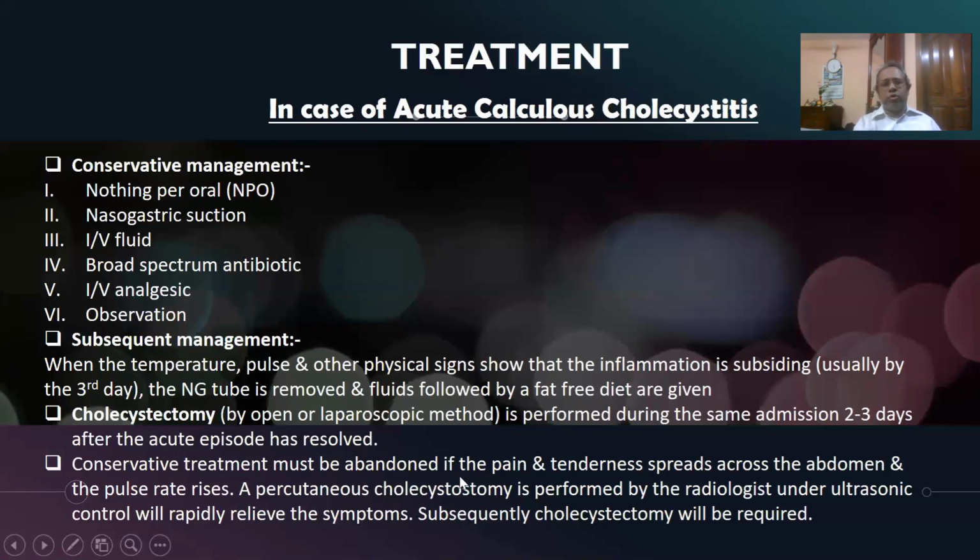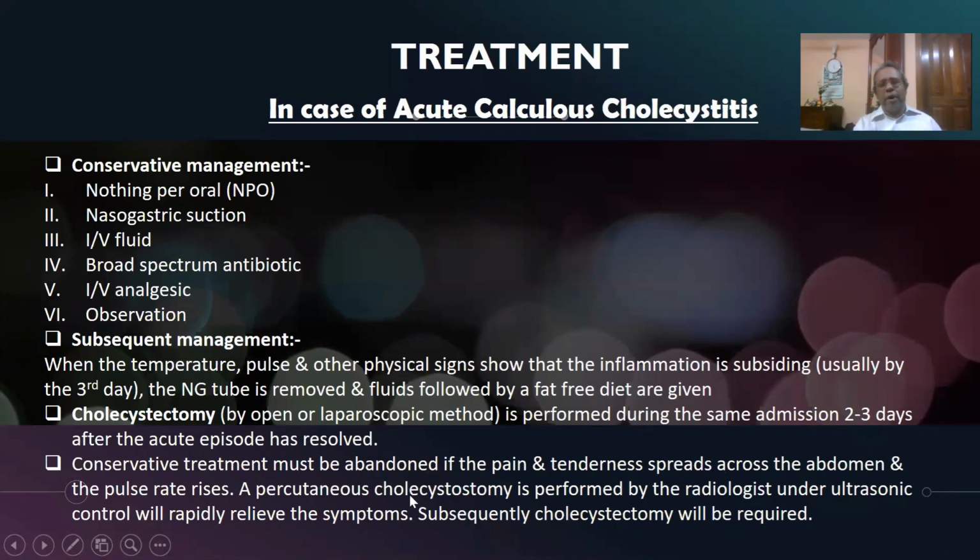Percutaneous drainage is another option. That means when the condition is deteriorating, you think that you don't able to do the cholecystectomy. The cholecystectomy is very difficult for the patient and for the surgeons. Then you can relieve the symptom and emergency overcome by drain the gallbladder with a tube, which is called the cholecystostomy. That means conservative treatment must be abandoned if the pain and tenderness spreads across the abdomen and the pulse